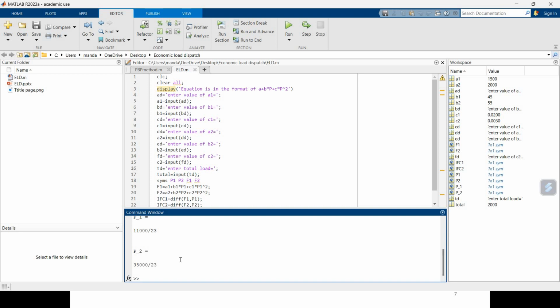So in this video, we have discussed the concept of economical load dispatch, the concept of unit commitment and load scheduling. Then we discussed the derivation for economical load dispatch neglecting the losses. Through that derivation, we solved one numerical, and the same numerical we solved with the help of MATLAB software. I hope the contents of this video are useful to you.